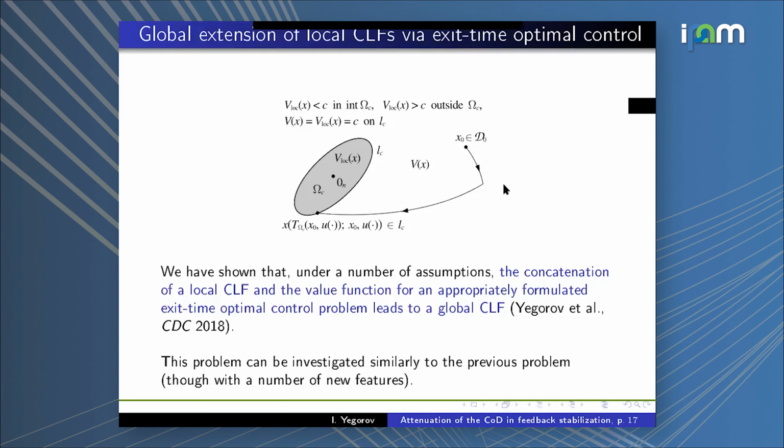And now let us discuss the case when we know a local control Lyapunov function. So suppose that in general we consider a nonlinear system, but we can linearize it. So in a small neighborhood of the origin, we can approximate our nonlinear system by a linear system. And suppose that, and this is generally the case, the linear system is stabilizable to the origin. Then